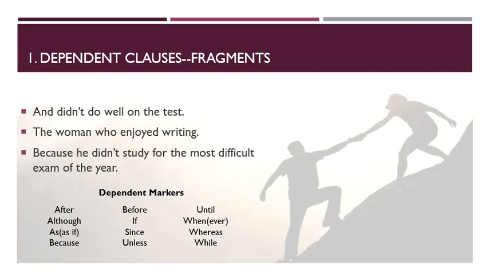However, sometimes a clause can have both a subject and a verb and still be dependent. This is because of words like although or because, which make the clause dependent. For example, the sentence "because he didn't study" doesn't tell us what happened because he didn't study. Clauses like these cannot stand on their own, no matter how long they are. Sometimes fragments are quite long, but if they are missing a subject or verb, or if they have a dependent marker like if or unless, they cannot stand on their own.